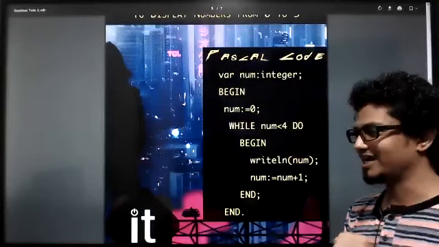Now, looking at a Pascal code like this, that won't be enough, kids. Let's code this and see whether I'm correct or not. You can simply tell me, no, you are wrong, it is not going to work here. So what I'm going to do is make it work and show you.